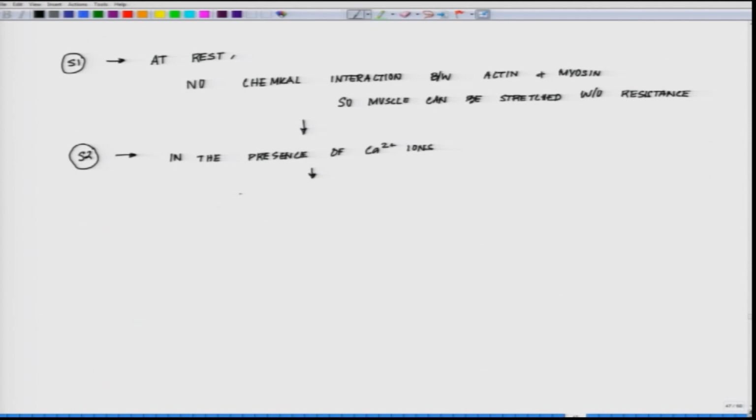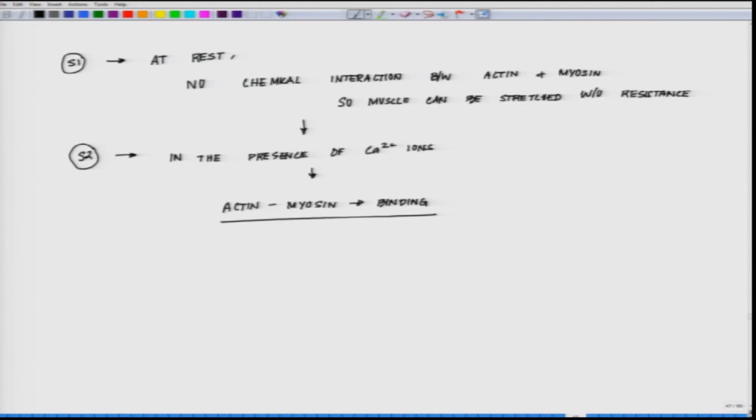The actin and myosin bind strongly to one another. Actin and myosin binding happens. We will come later to all these bindings and the generation of the power stroke and all that stuff. Actin and myosin strongly bind to one another, and it is believed that the binding of calcium ion